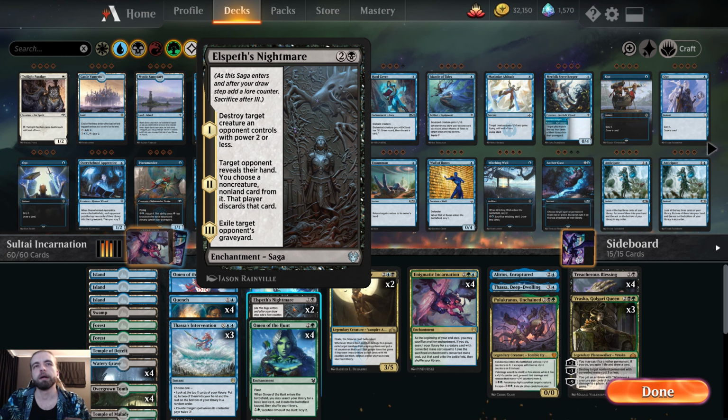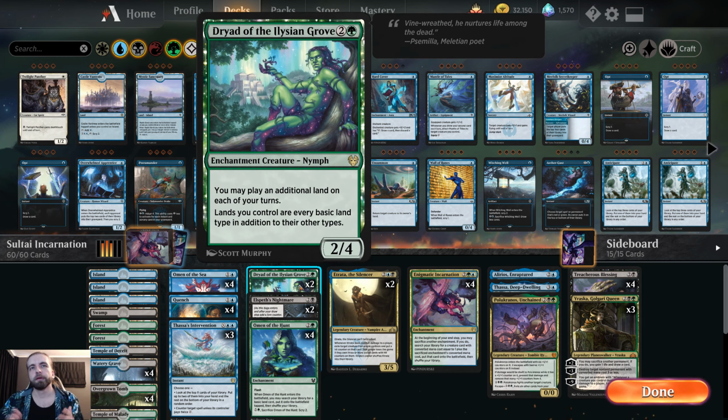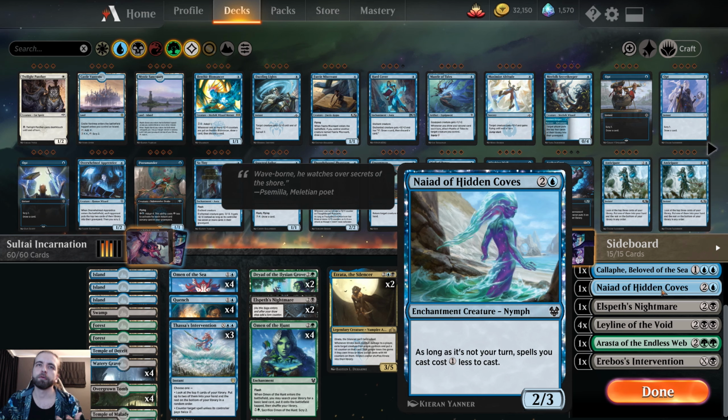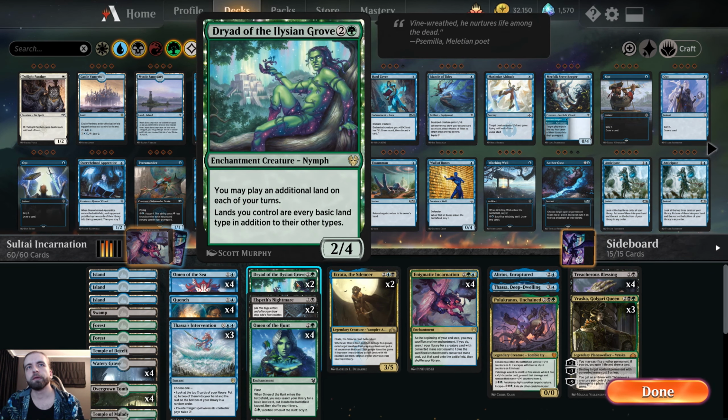This may see more play overall. And Dryad of the Elysian Grove is one such creature which is probably going to see a lot of play, and we're only running 2 here, and I'd only actually gone for 1 at first because I was thinking to diversify a little bit. So there's some sideboard options which are pretty interesting, which help to diversify your curving. So you have Naiad of Hidden Coves, which really builds on the control aspect, but I found this wasn't really essential to the core of the deck, and I think the Dryad of the Elysian Grove is nice because